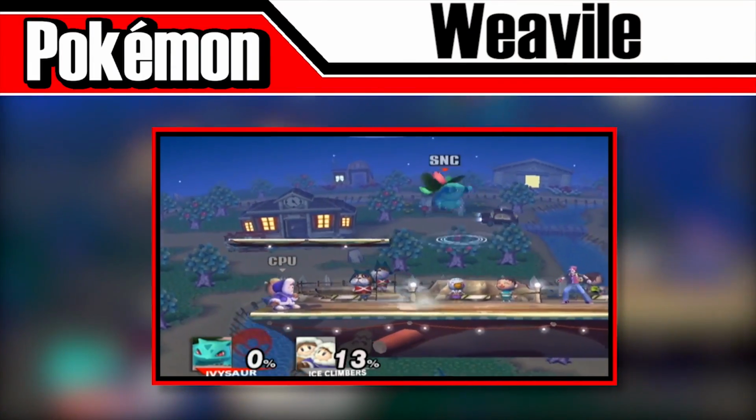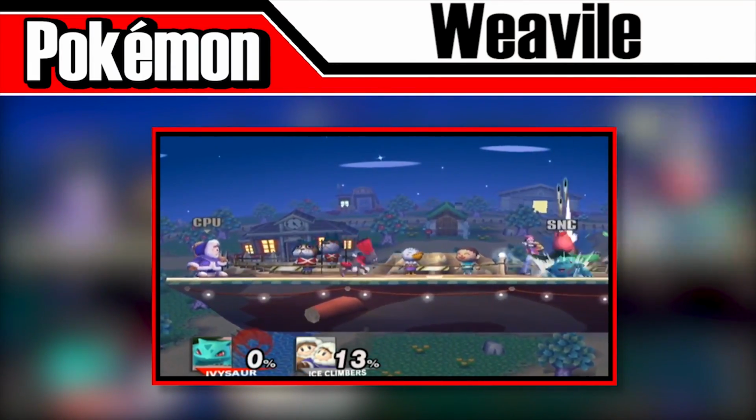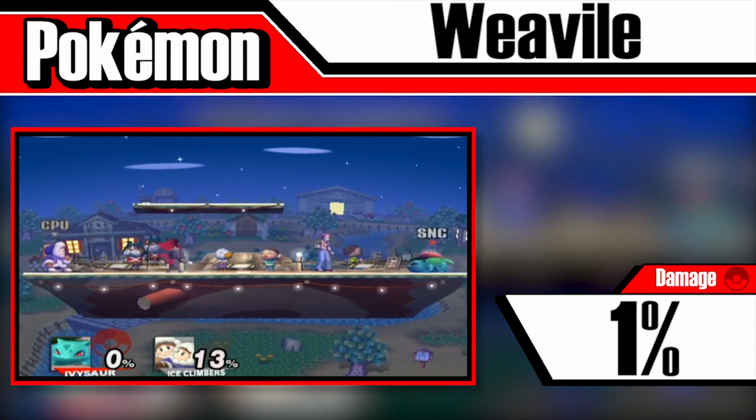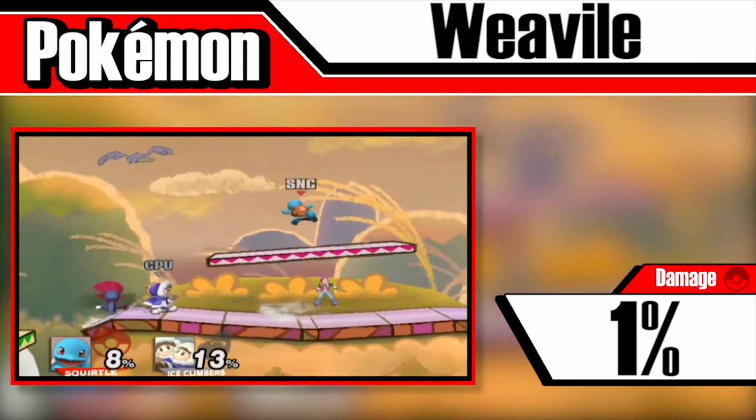Weavile will use the move False Swipe when released from its Pokeball. It'll dash back and forth across the stage, while hopefully not falling off of the stage, dealing only 1% damage each hit with no knockback. The opponent will however be stunned by each hit, and Weavile remains on the stage for a rather long time,